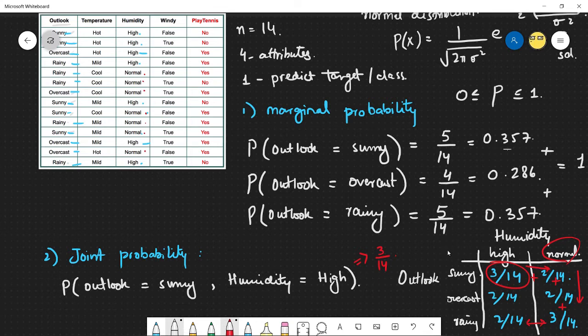Another thing to note is that if I were to increase the number of attributes or variables going in here, so let's say I said, okay, what if I add here that the windy is going to be equals to false here too. So now my question is, what is the probability that the outlook is sunny and that windy is false and that humidity is high? Right off the bat, you'll notice that you're going to have to make a much more complex table than just this 2 by 3 here. And so the number of values we need to model a joint probability distribution is going to grow quicker as